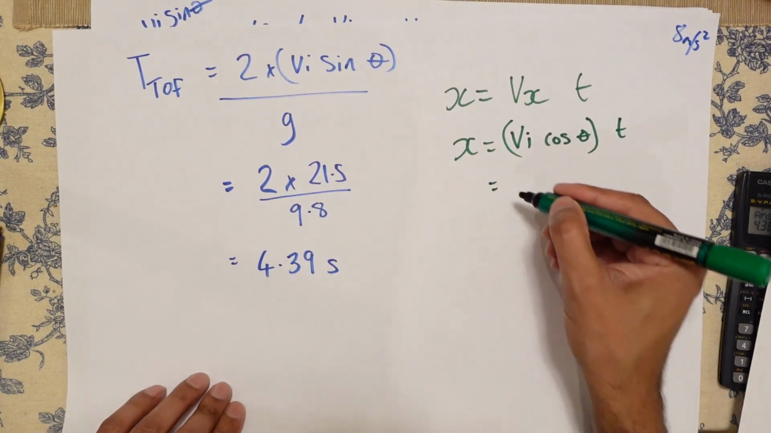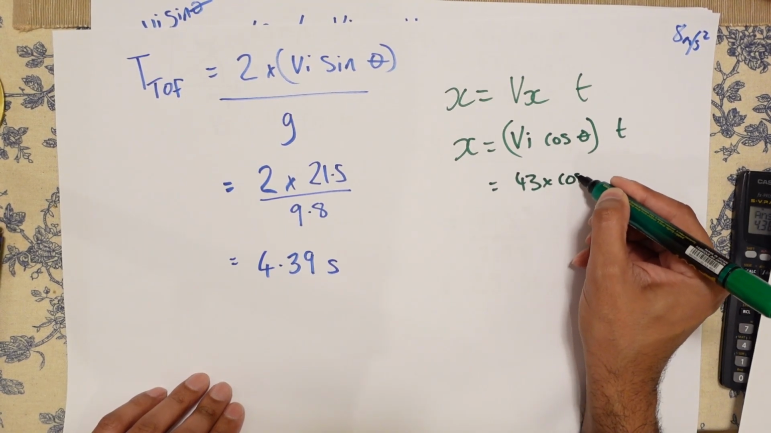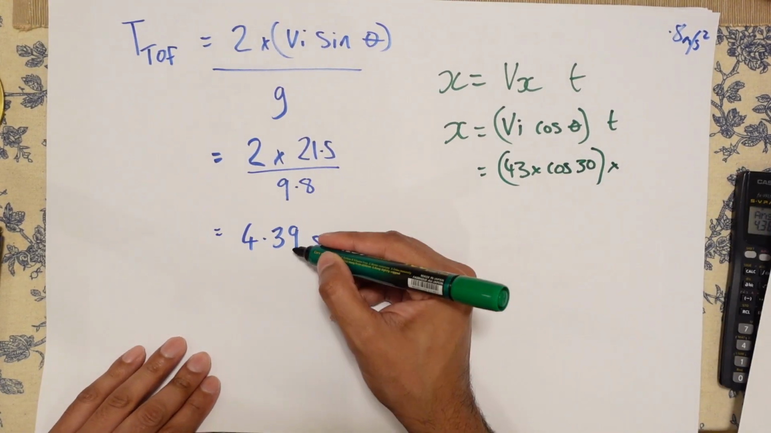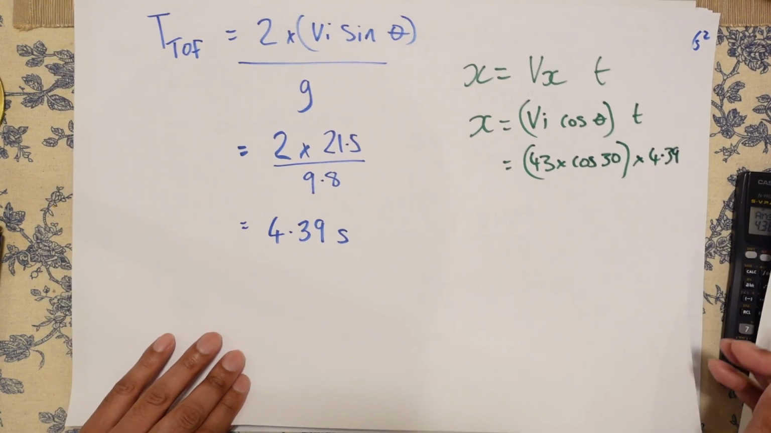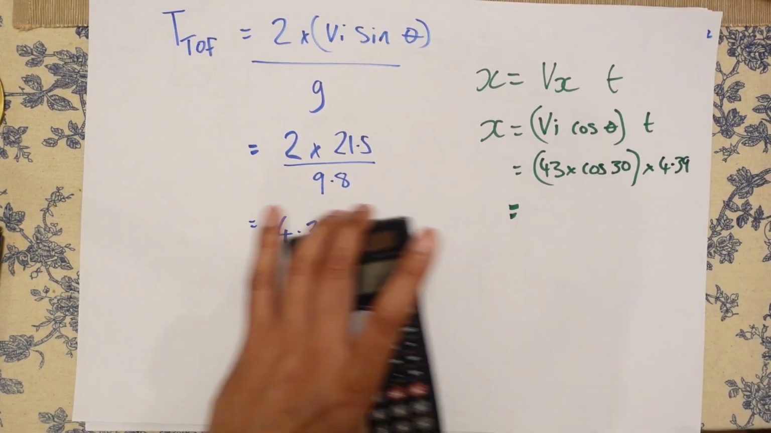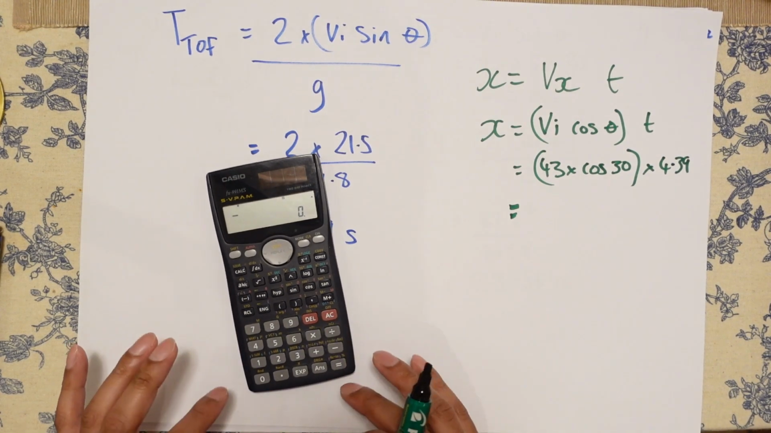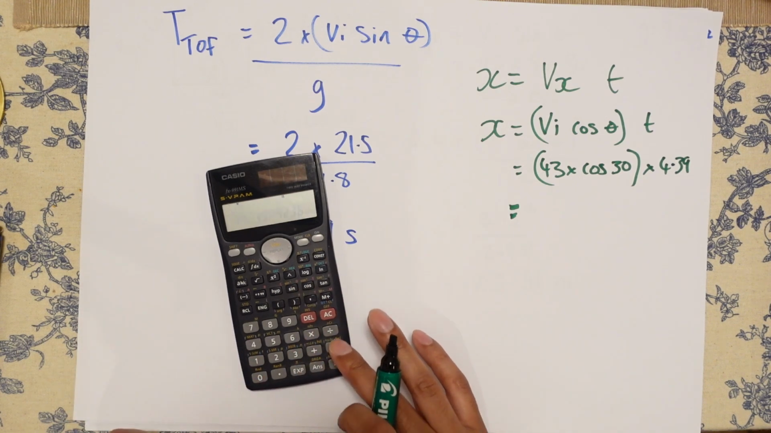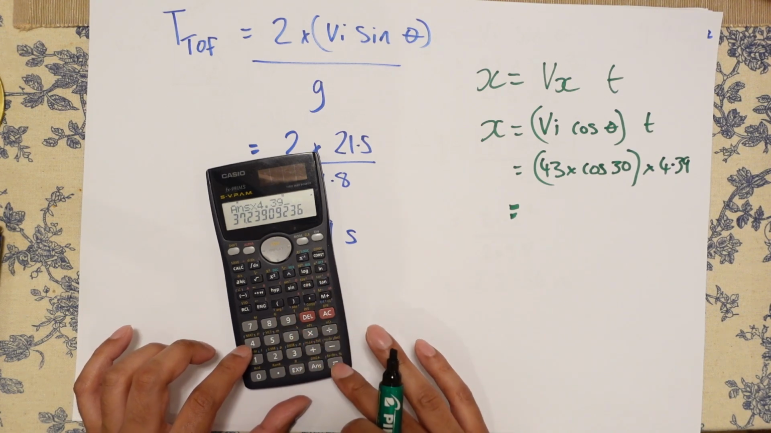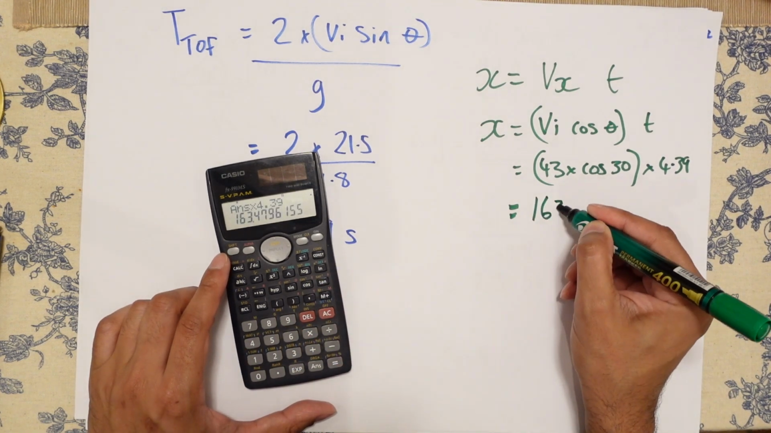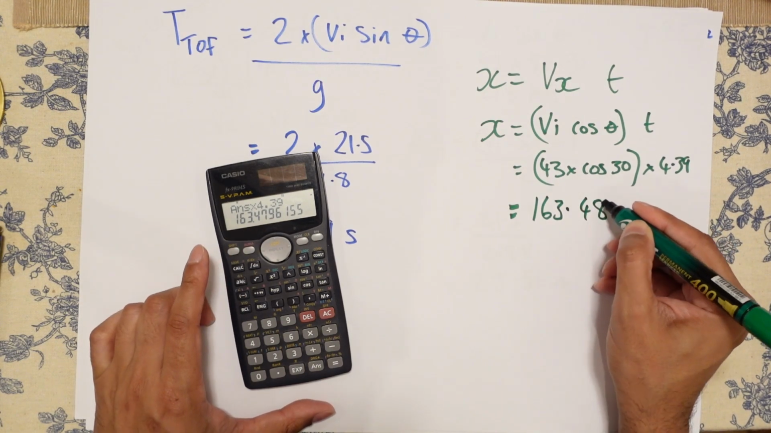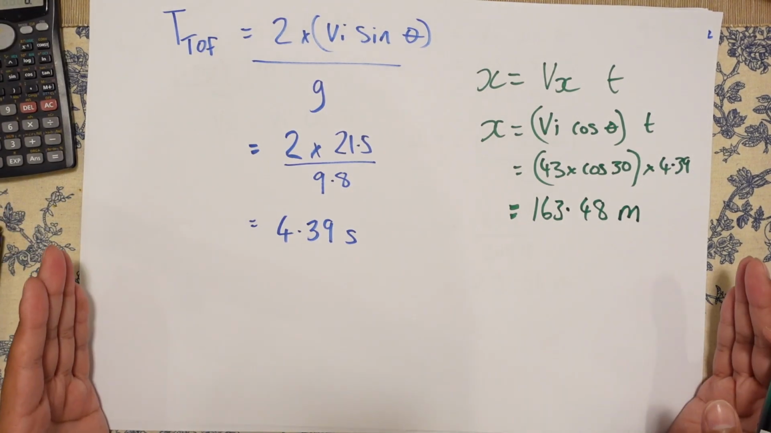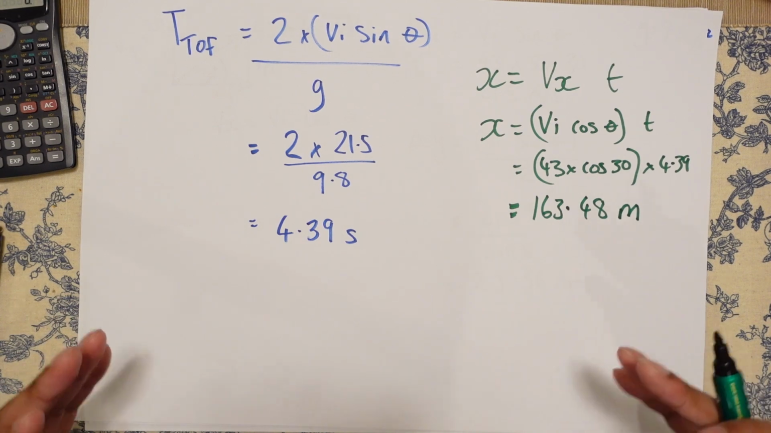Okay, so Vi was 43 times cosine 30 times the time, which was 4.39. Like that. Let's work all of that out. So 43 times cosine 30 equals that, times 4.39, which is 163.48 meters. Super easy. I will record the next one on a separate video because the next question is actually